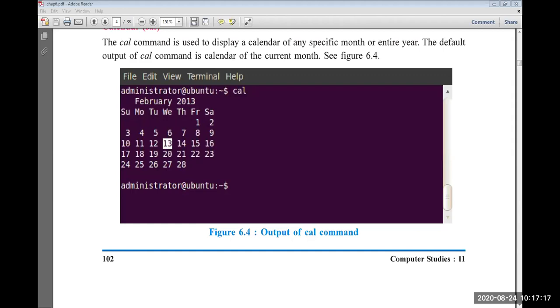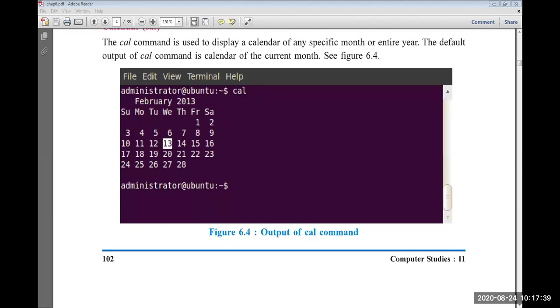See the cal. Okay, did you see here? Over here, we typed cal, so it shows the current month of the current year.